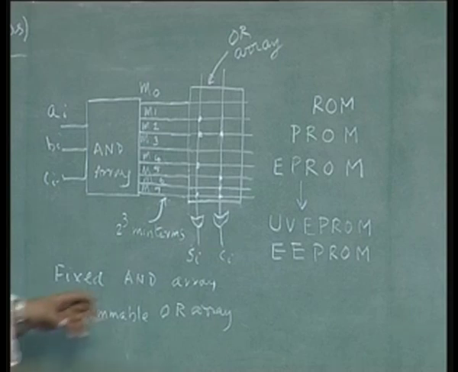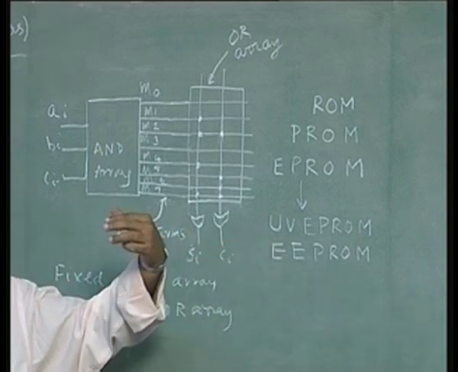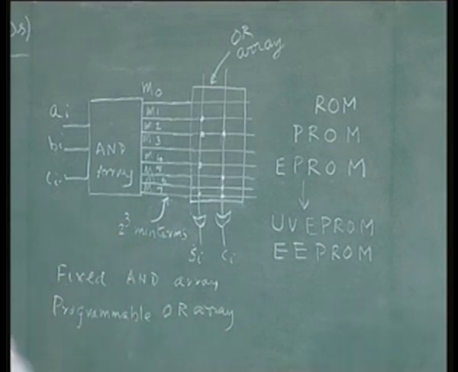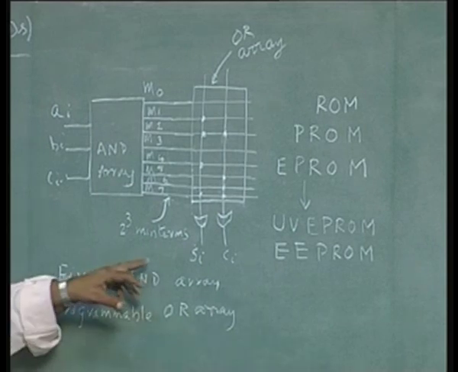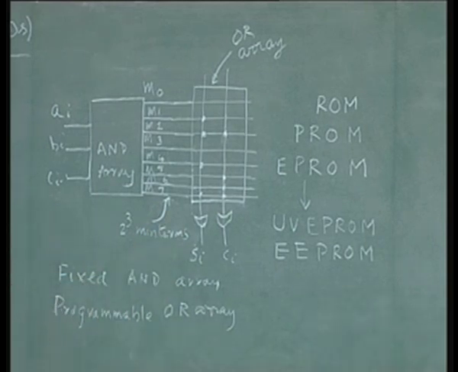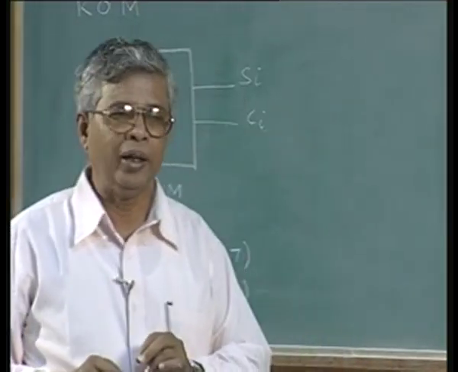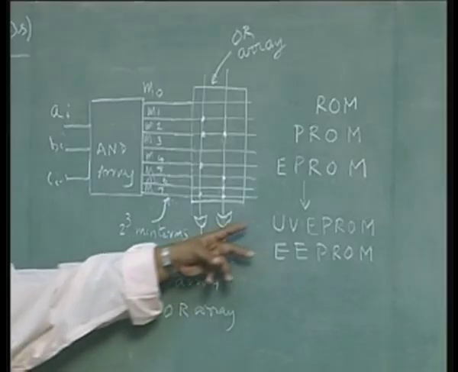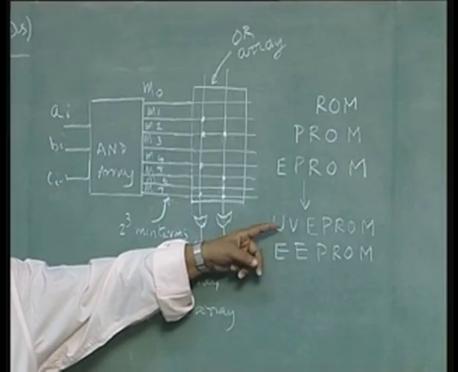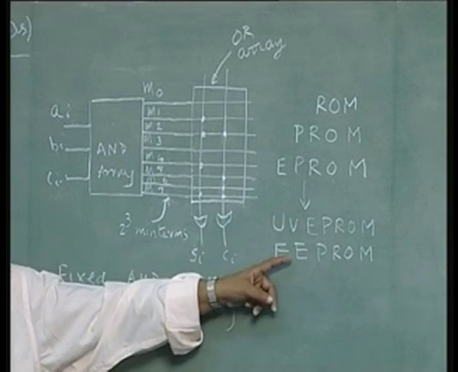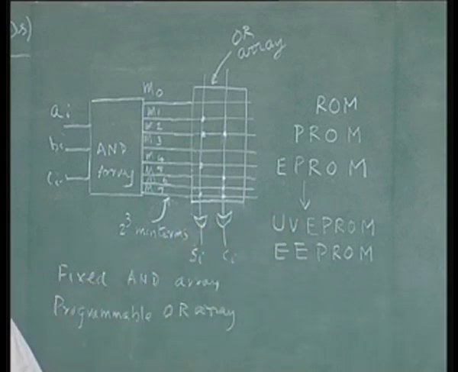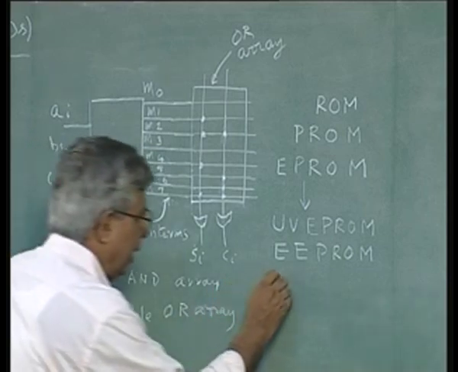Even these things require the device to be removed from the circuit. You erase the whole thing. I can't selectively change the program. Supposing I made it for one application, I can change it for an entirely new application. On the other hand, if I have a minor change in my application, I want to selectively change some programming, it is not possible in these two techniques of erasure. In the erasure, you have to erase the whole thing by ultraviolet rays, you have to erase the whole thing by electric pulses. Today we have a device called EAPROM,